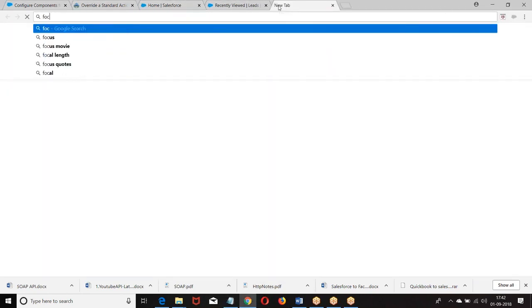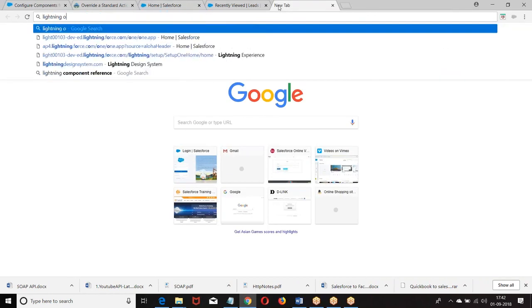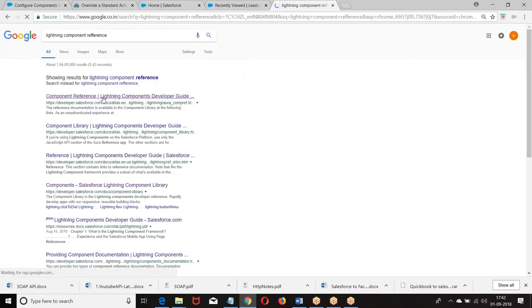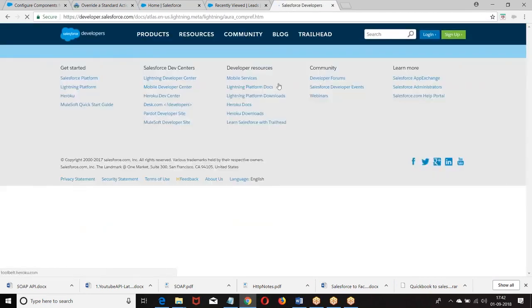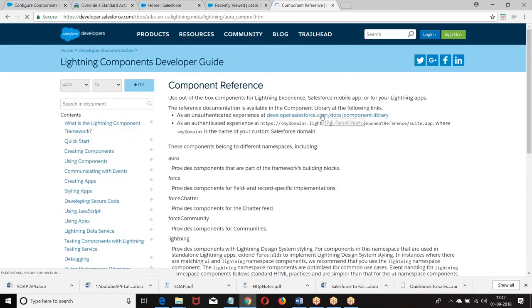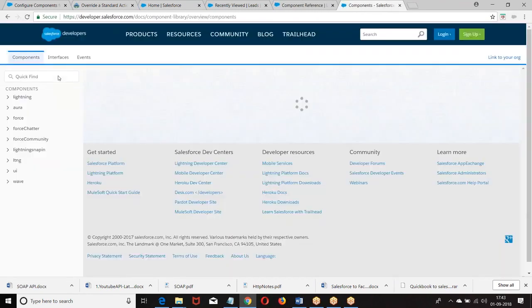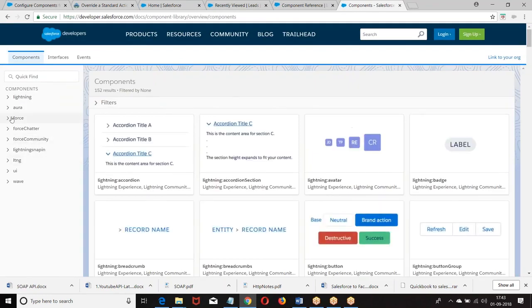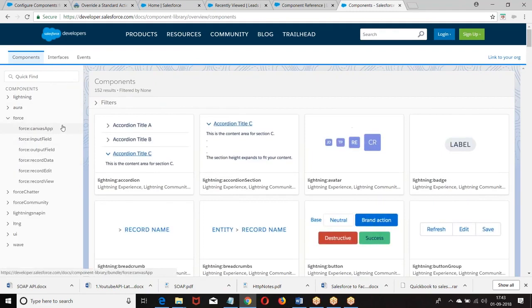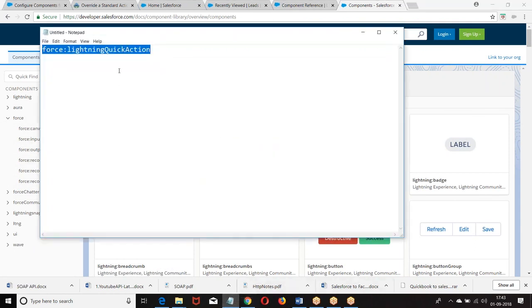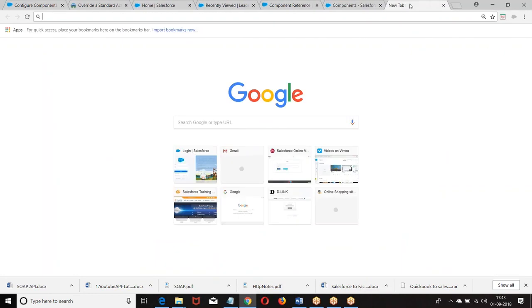What is the interface? Force colon. So we have force:lightningQuickAction. Let me show you here.